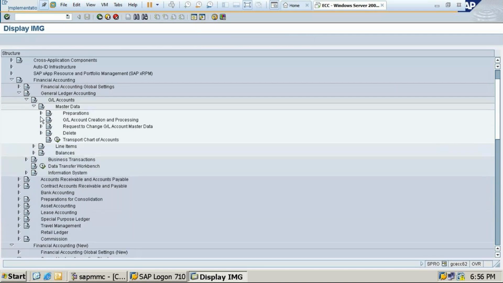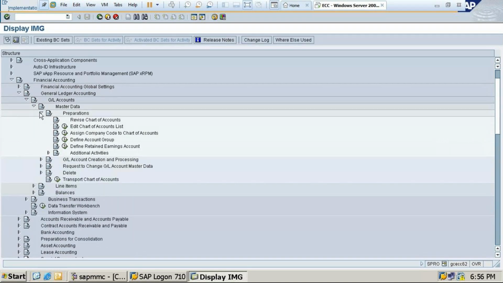Those who have not attended, please write once again. Those who have attended also, no problem. Once more you write. So go to the display IMG, financial accounting, general ledger accounting, GL accounts, master data, preparation, edit chart of accounts list. Please make a note.